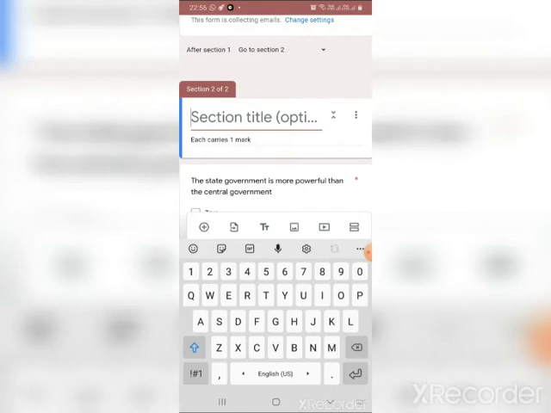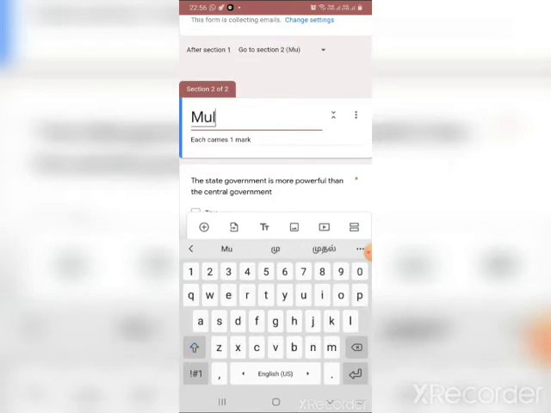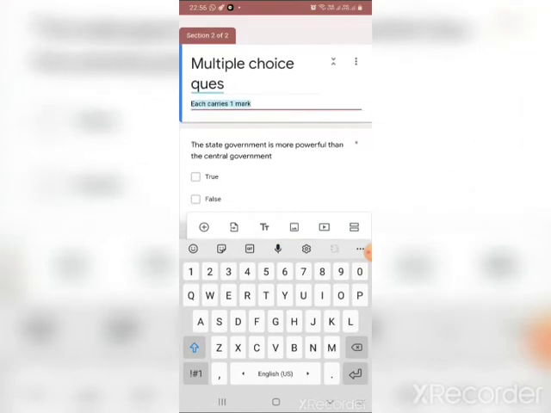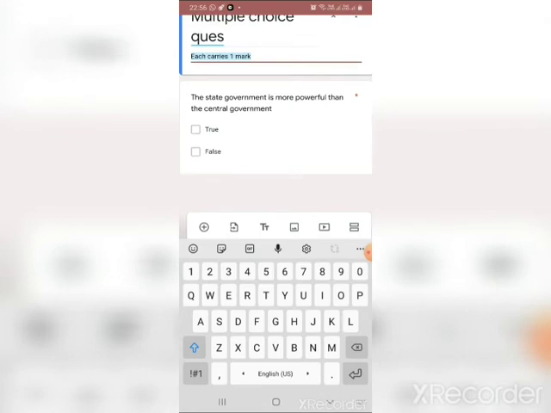So section title they're asking, here I'm going to give multiple choice question. Okay, fine. So this description is the information you're going to give about this particular question. So each carries 1 mark. From that we are coming to know.